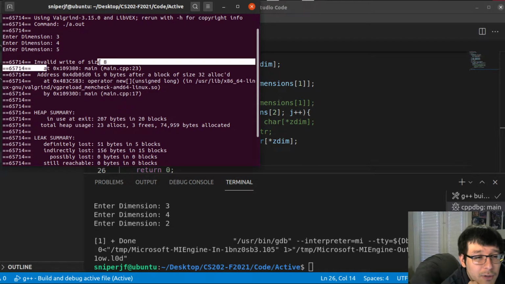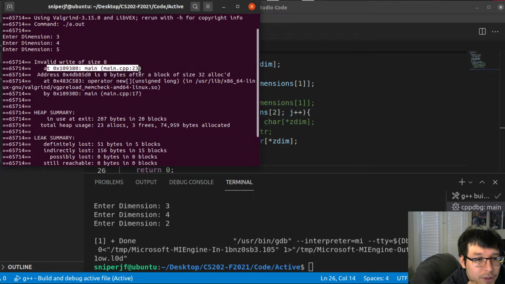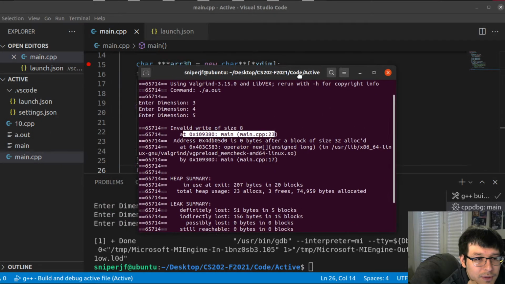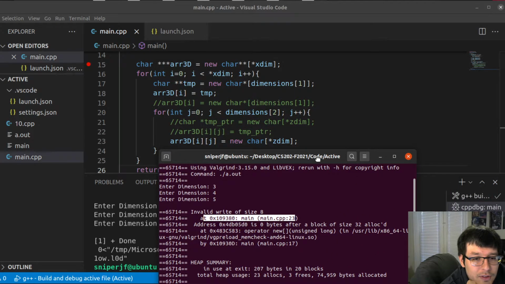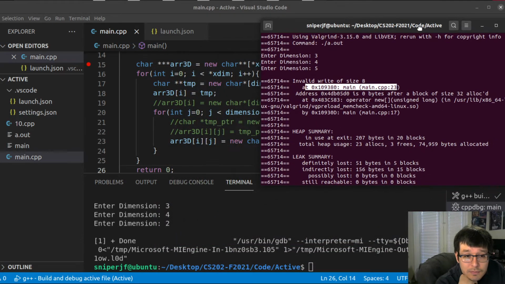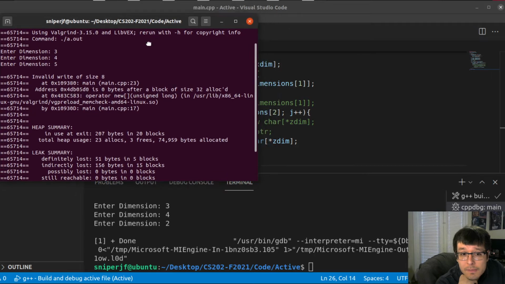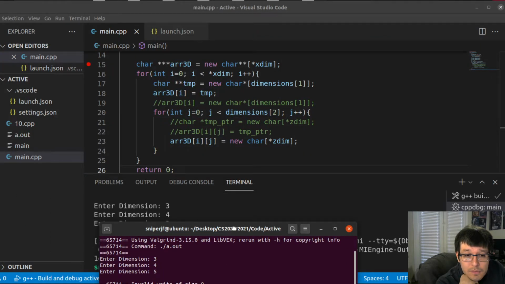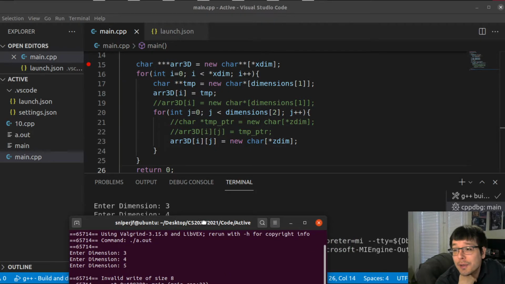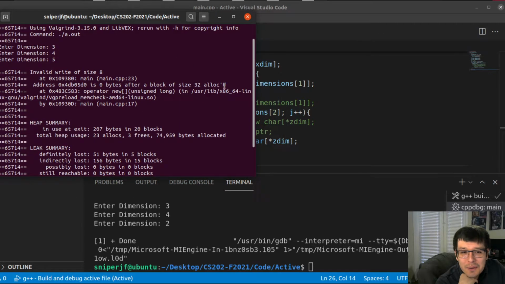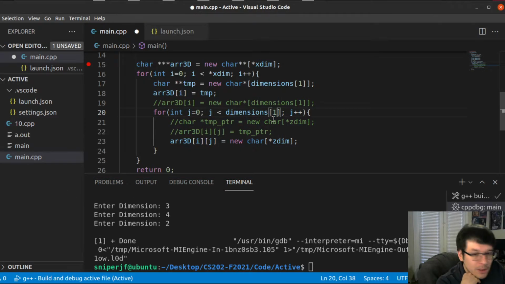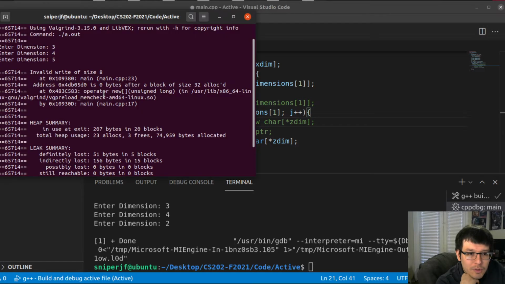What is that? Invalid write of size 8 at main line 23. What is line 23? Line 23 is the Z dimension. Address is 0 bytes after block of size 32. That's definitely an error with our code. I see the error. I see the error in my ways. So the error is this should have been 1. And so what was happening is